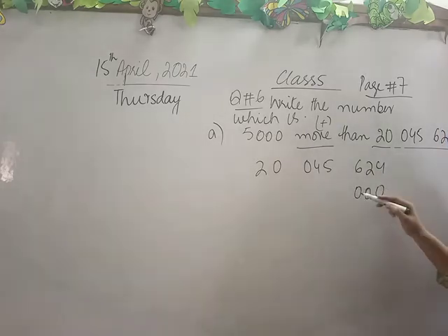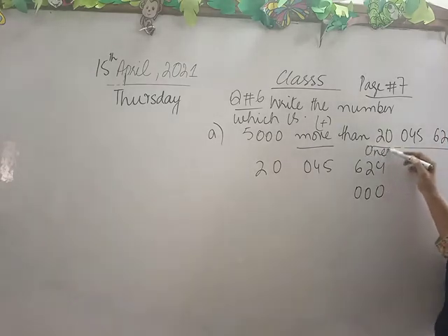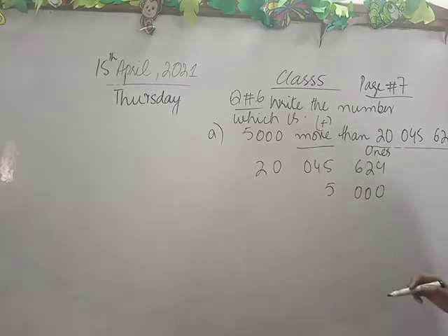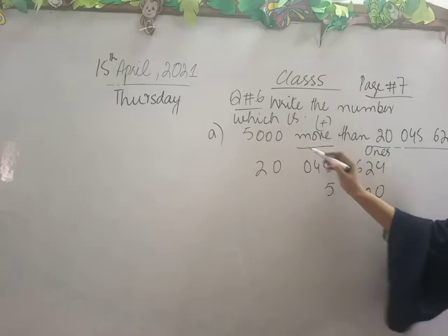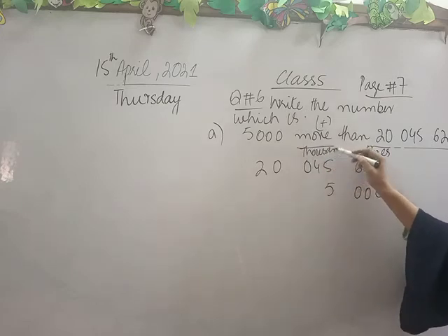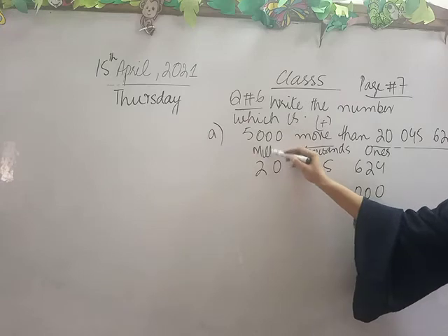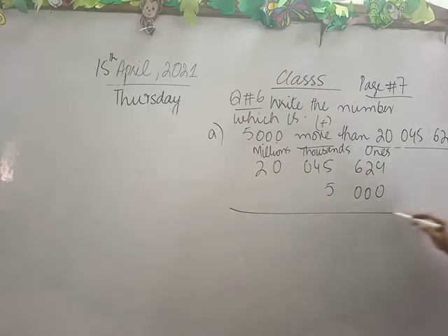1, 2, 3, 0 is below at ones column and 5 is below 5, which belongs to thousands, millions. Fine. Now I am going to add. I am starting from this side because it is the rule of any operation to solve from this side. Now first value, which is 4 plus 0. So 4 plus 0 is 4. 2 plus 0 is 2. 6 plus 0 is 6.